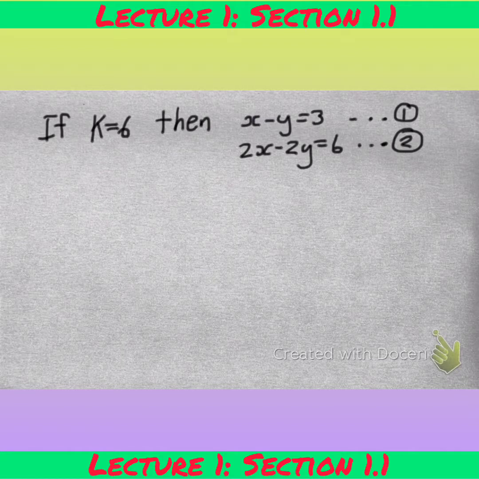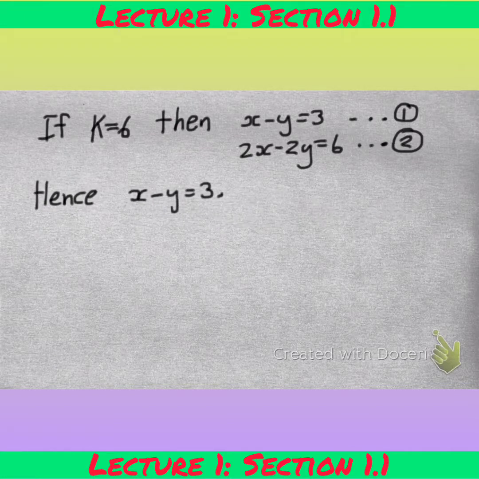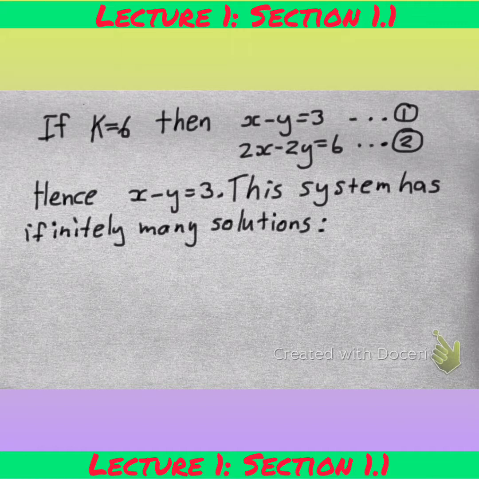If k is equal to 6, then that linear system becomes x minus y equals 3 and 2x minus 2y equals 6. And so from that we can deduce that x minus y is equal to 3. Okay, so if we look at that system, the system x minus y equals 3, that system has got infinitely many solutions. So the solution space of that system is